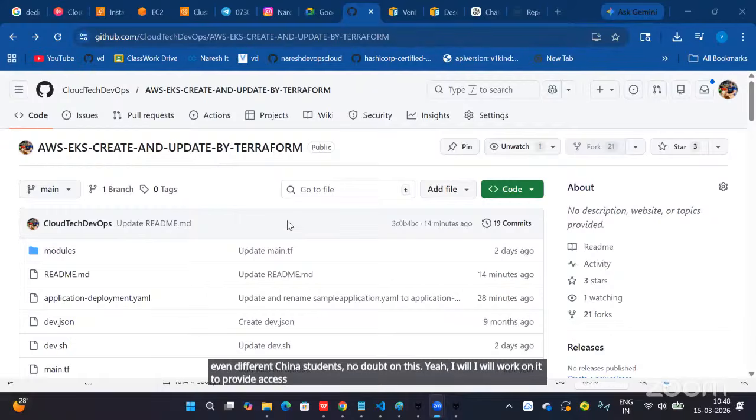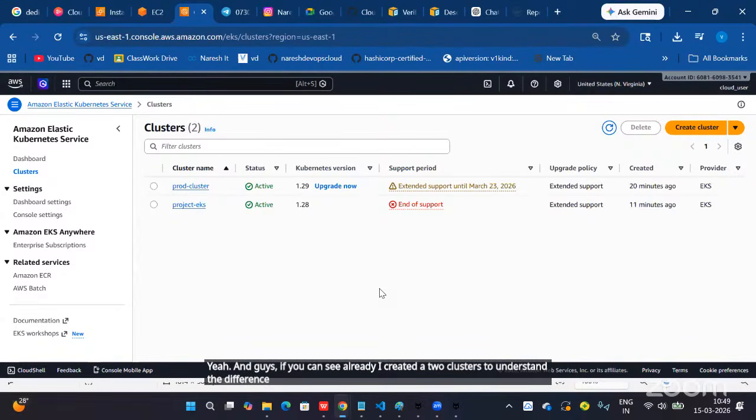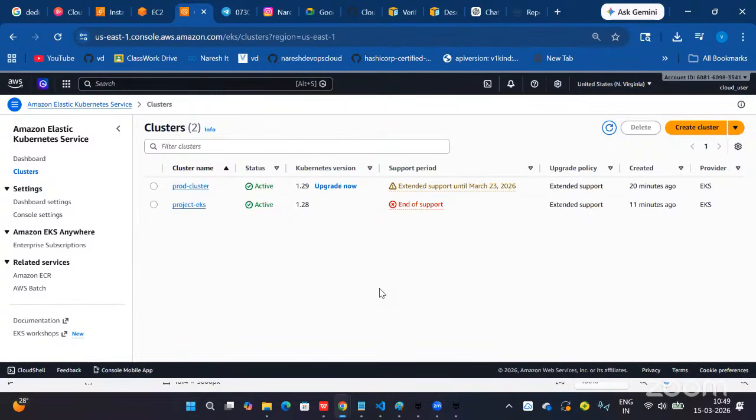Okay, guys. The cluster upgrade and creation process. If you can see, I already created two clusters to understand the difference. Guys, have you observed any difference in these two clusters? You can see two clusters running, the prod cluster and EKS.